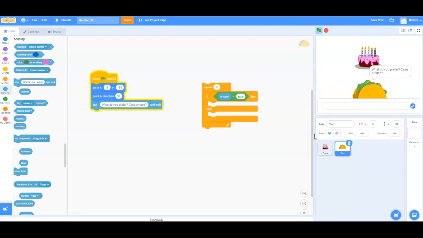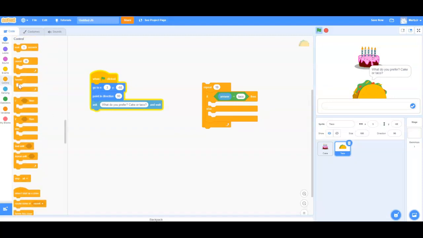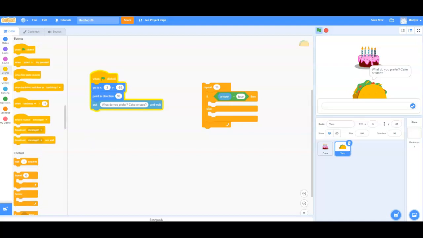While I'm programming the taco, to be able to get another sprite to actually hide, I'm going to throw another skill at you here, and that is called broadcasting. If I switch back to the yellow events block, I have some broadcast options right down here where I'm hovering. I'm going to grab the one that says broadcast message 1,